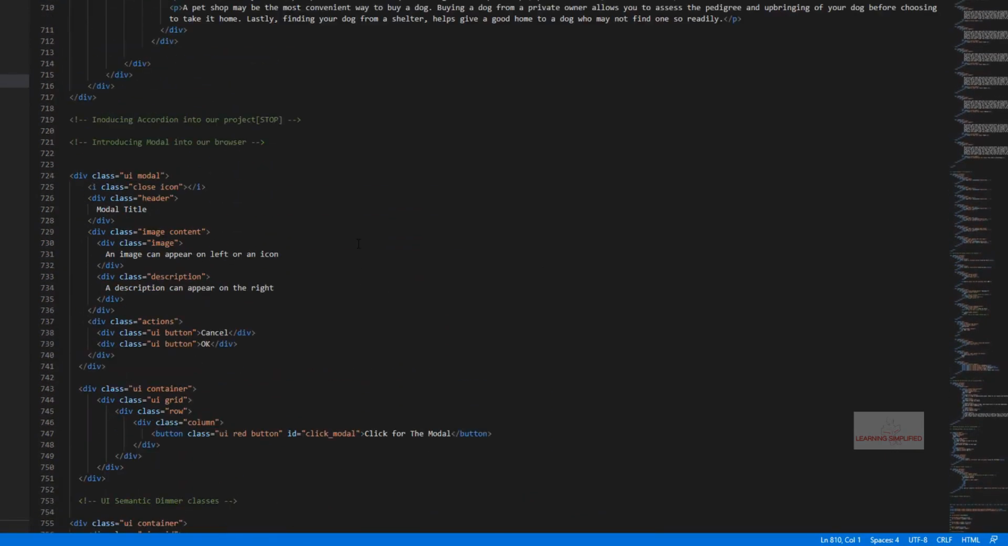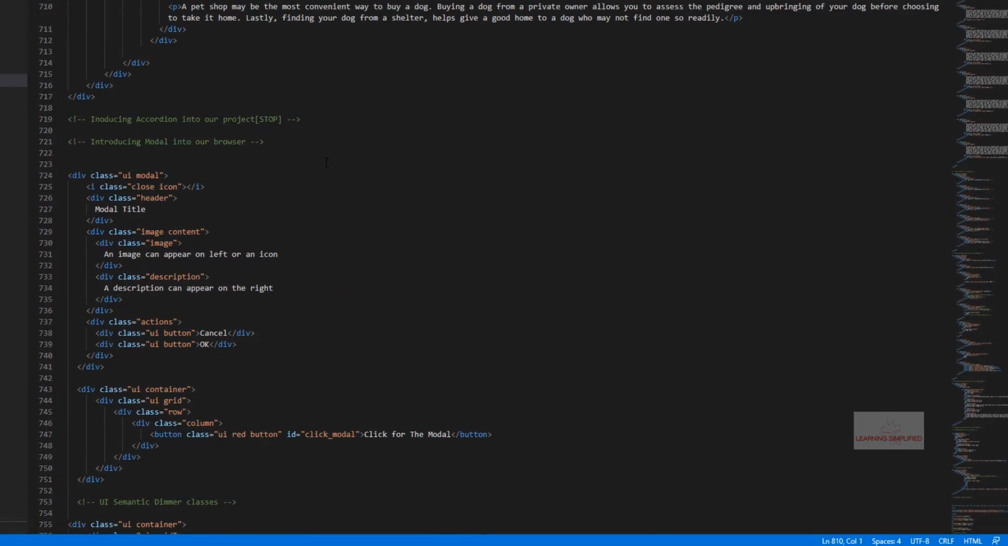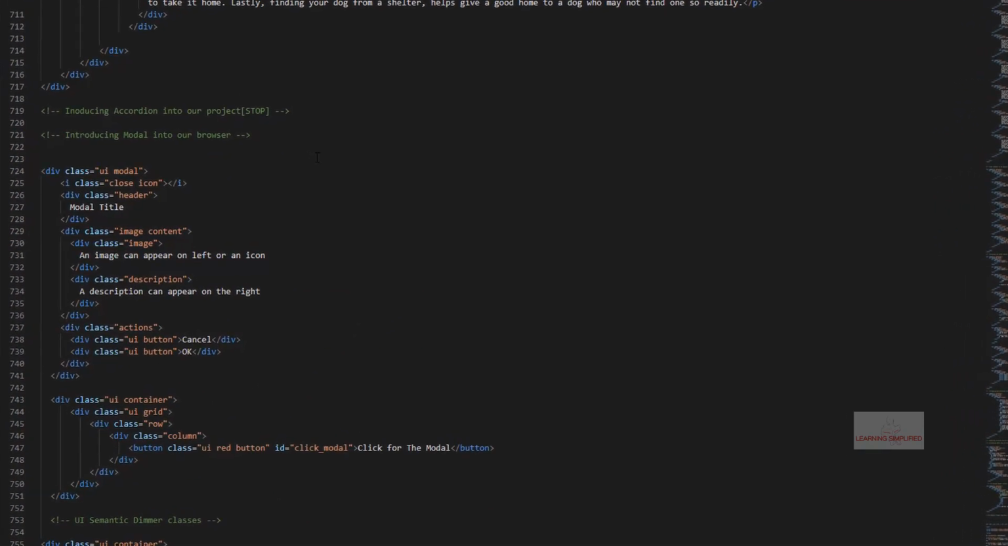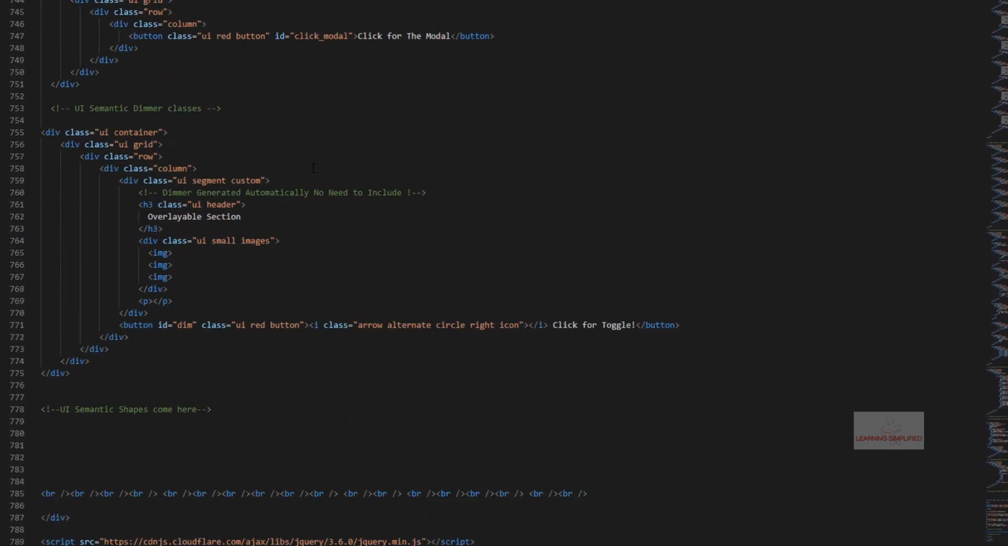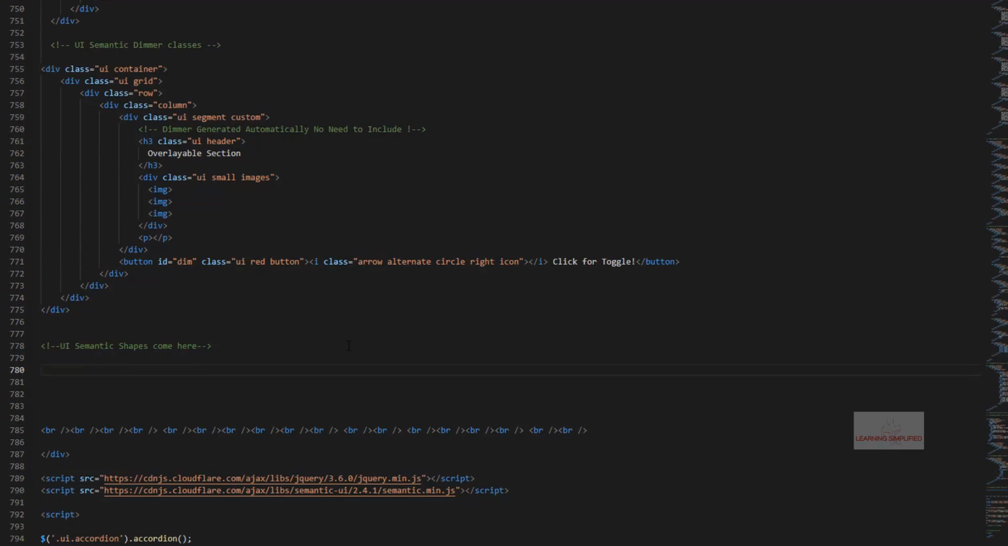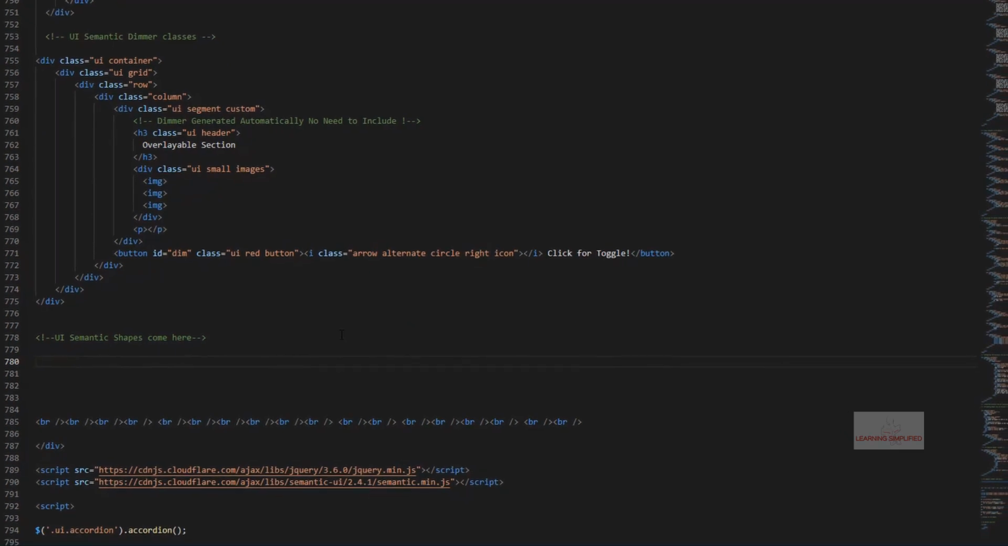As we can see, so far we have created all the required things right over here. We have created the accordion, we have created the sidebar toggle animation, and then we had used the UI Semantic dimmer classes in our project so far. Now we will be using the UI Semantic shapes, and in the very first place, all we are going to do,